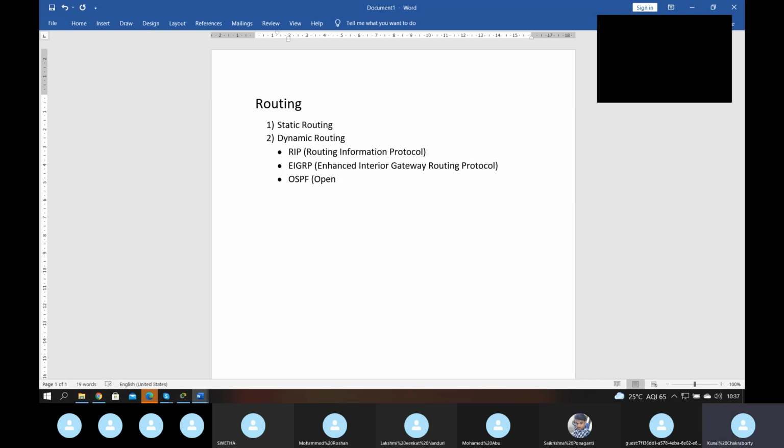We use Google Maps, and in Google Maps this OSPF concept is used. So the example of OSPF is Google Maps.